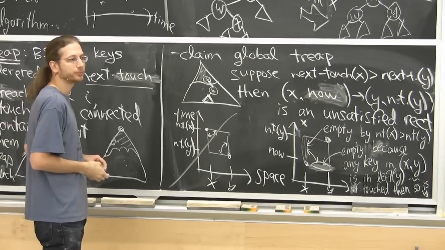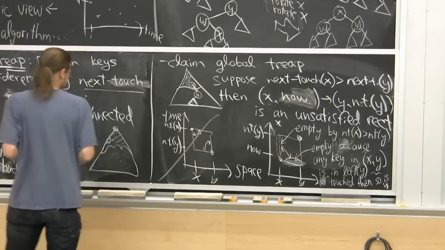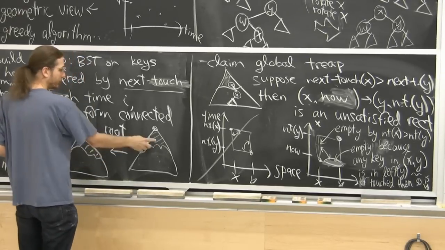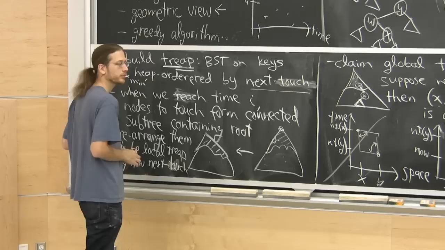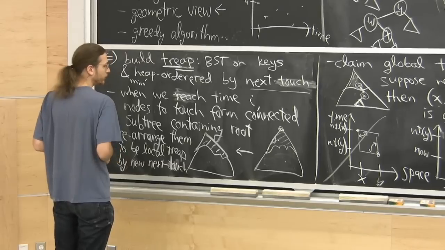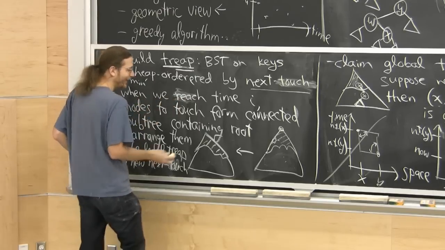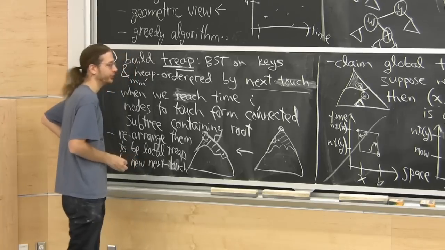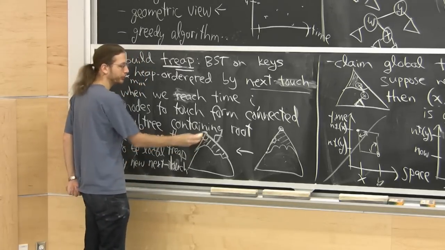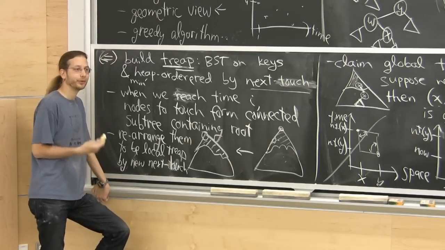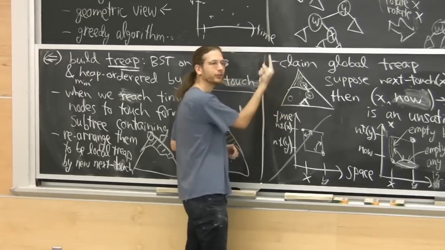Other question? The squiggly line you drew, and everything in that subtree root, gets taken to the picture on the right. These two subtrees have the same set of nodes. They've just been rotated somehow. But then didn't we change the next touch times of all the nodes in there? So how do you know that the root is still going to be some guy in that subtree? By this argument. After we do this, we make some root, which is, among all the nodes that just got touched now, whoever is going to be touched next. That's who we put at the root. And the claim is that is globally the node that will be touched next. Why? By this argument. If there were some other node down here that has a smaller next access time,